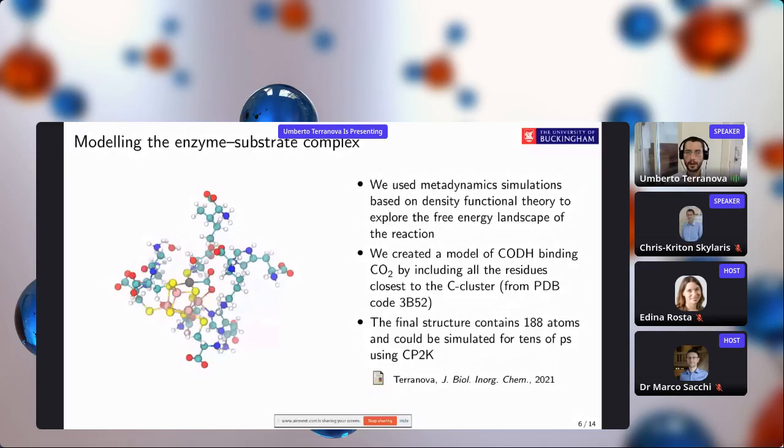The model contains 180 atoms, and I will check after the structure of the model, first of all,